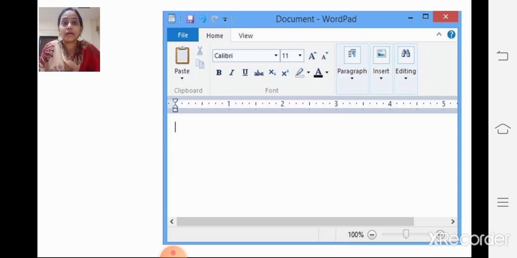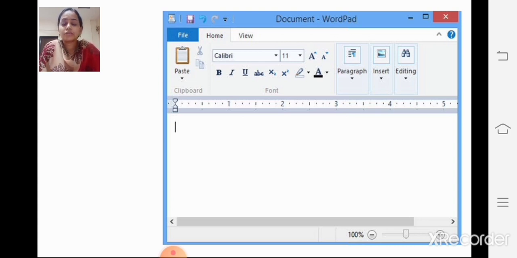Okay, and you can color the text, you can make the size big, small, then you can apply any font size, means you can apply cursive letter, you can use any other handwriting. There are many handwriting styles in the WordPad, and you can insert picture as I told you earlier, and also you can do cut and paste in this. Okay, cut paste option is also there. We will see in this lesson how to do that. Okay, so it is much better than Notepad.